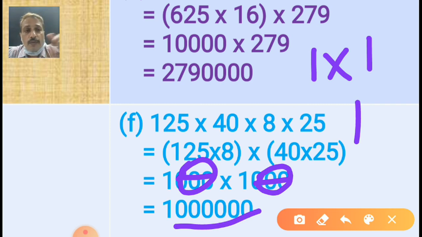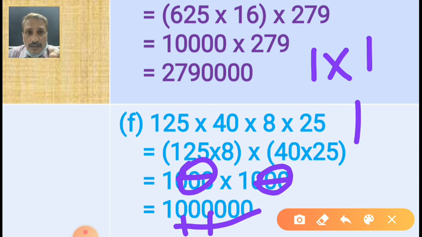Yes, you are right. Put the comma first. 1, 2. Now, what will be the answer? 10,000. Sorry, students. 1 lakh. No, 10 lakh is the correct answer. Yes, you are right, my dear students. 10 lakh is the right answer. You remember this one. Don't forget, this is the correct answer, 10 lakh.